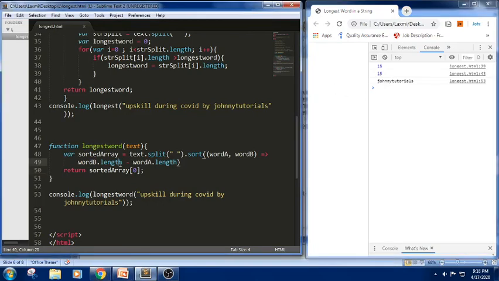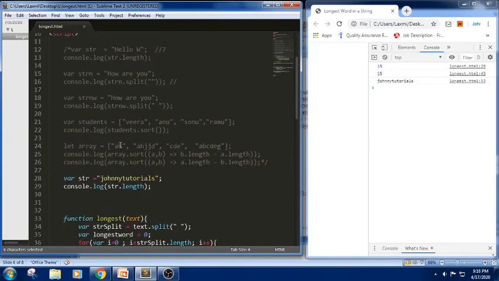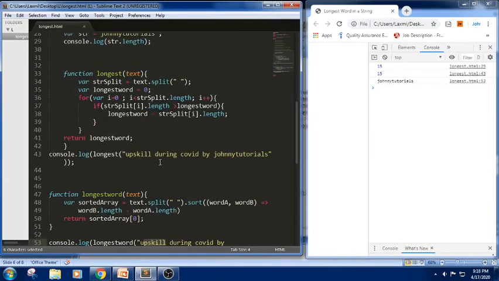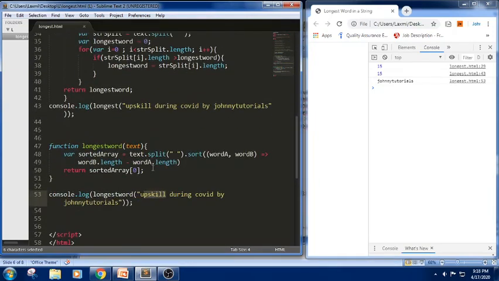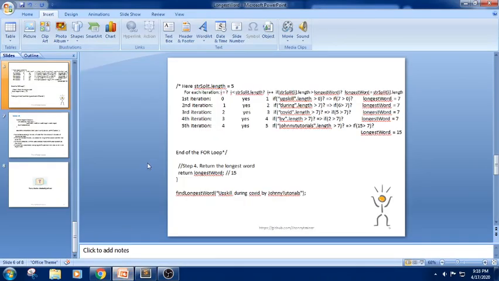So let us elaborate this. First, split will separate each and every word by a space. Now wordA and wordB are the parameters which we have passed, and we are using them to compare. So it will list out the values from the top; in the sense, the largest word will be on top, and we return it using the value array[0]. In the sense, the first, topmost value will be returned. Let us run this snippet now.